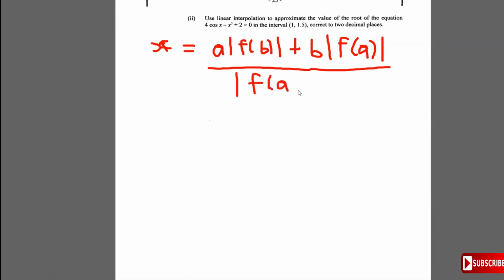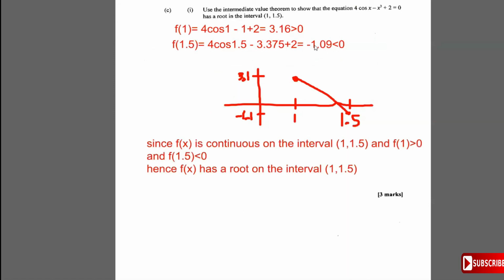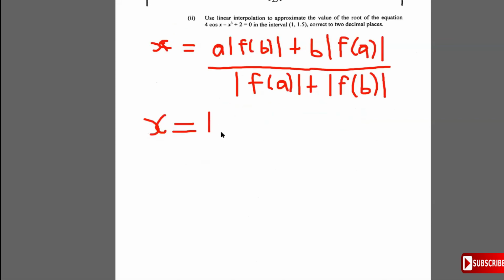That's the formula that we use for linear interpolation: the modulus of f of a plus the modulus of f of b. Nice. So since we're going to be using this formula, what is your a? Your a is your starting point on the interval, which is 1, and it's multiplied by your f of b, which is f of 1.5. We found f of 1.5 to be minus 1.09, but the modulus of it makes it positive. So it's 1.09